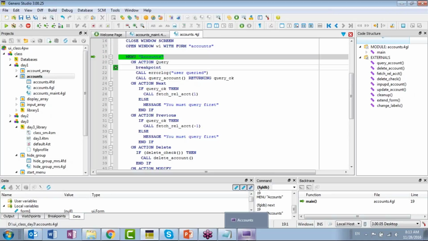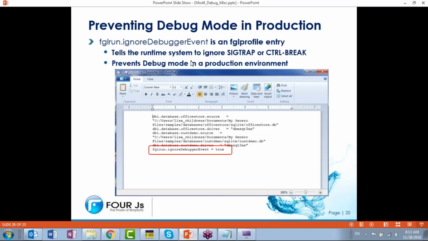But let's say that you're concerned about that ability and you want to disable it. That's what this slide is all about, preventing debug mode in production. There's actually an FGL profile entry that you can add to the FGL profile, fglrun.ignoreDebuggerEvent=true. And that will turn off the ability to be able to attach